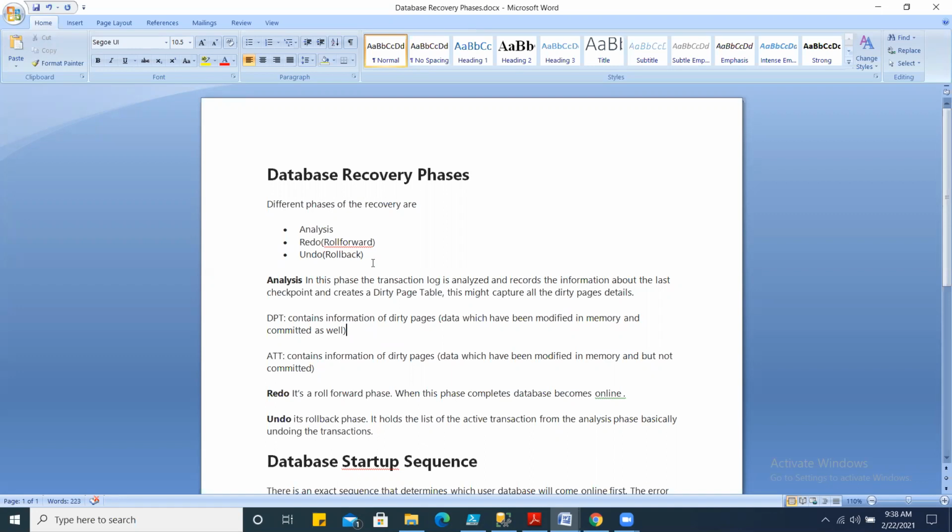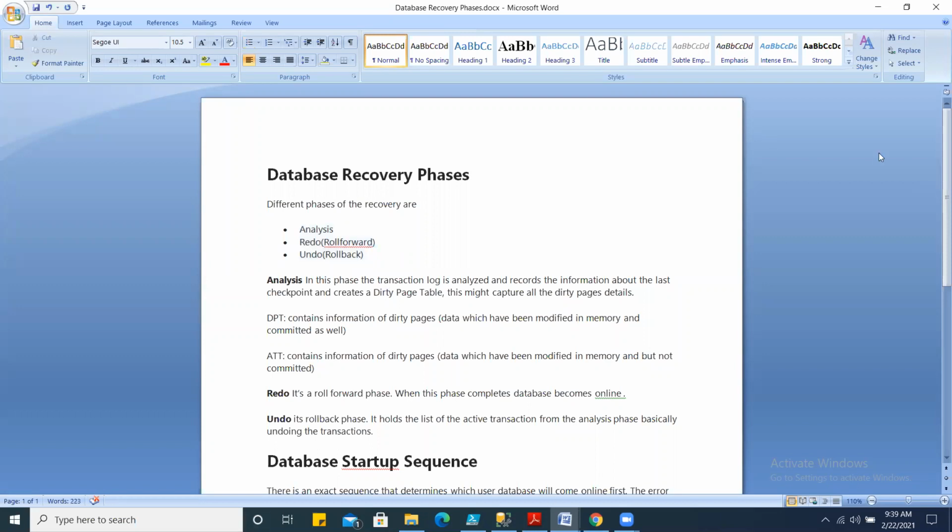Whenever a failover occurs, during an automatic failover or when you do a manual failover, if your databases are configured under an Always On availability group, at that time also all databases hosted on the secondary will have to go through these three recovery phases. Any question here, any doubt?